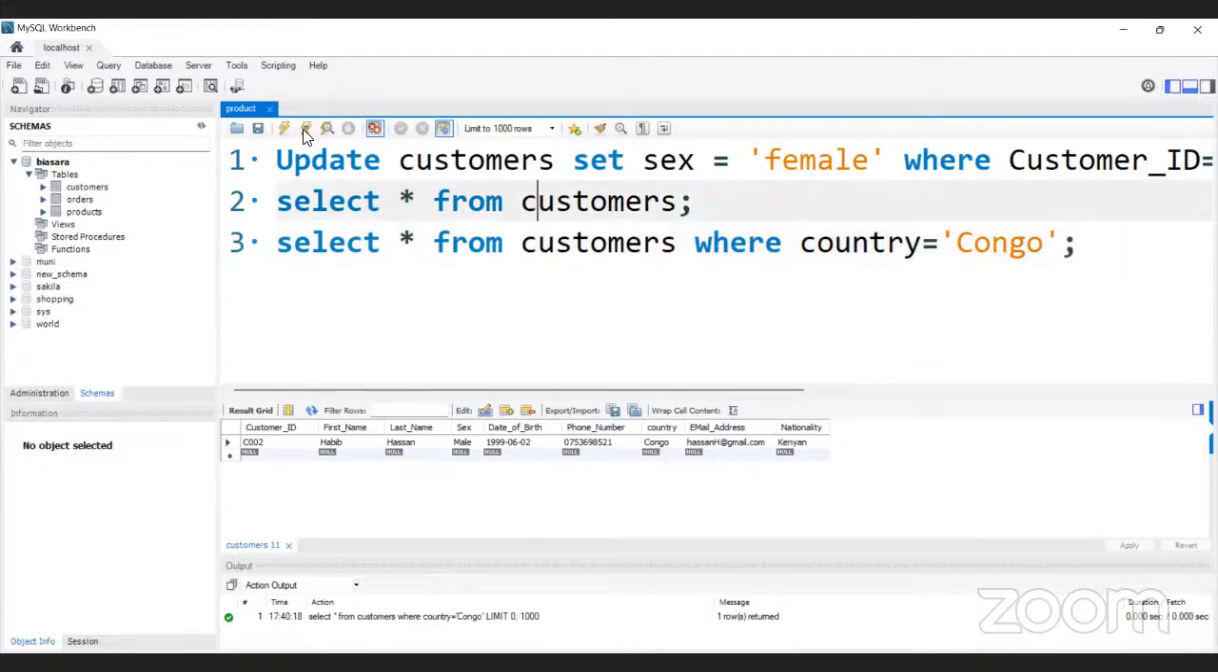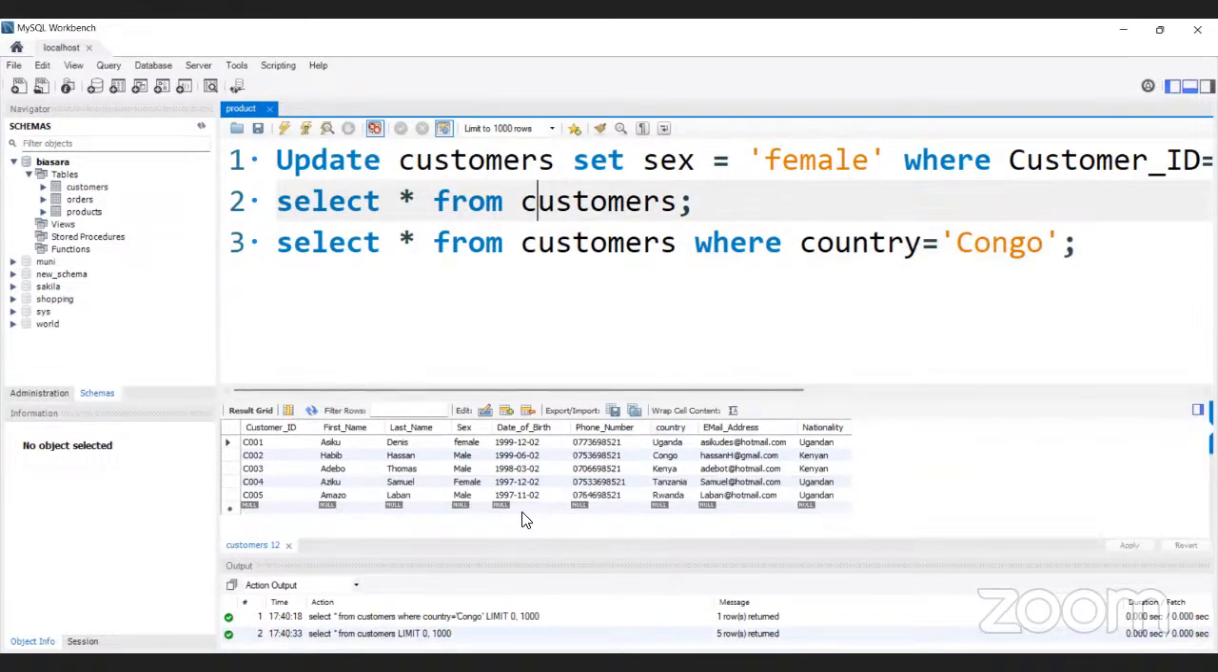Okay, let us go back and see. Assuming that here you'll find that most of the people here are born between 1997 and 1999. Assuming that we want to retrieve the records of all the customers who are born before 1998. How do you do that? We can decide to say, select all from customers where their date of birth